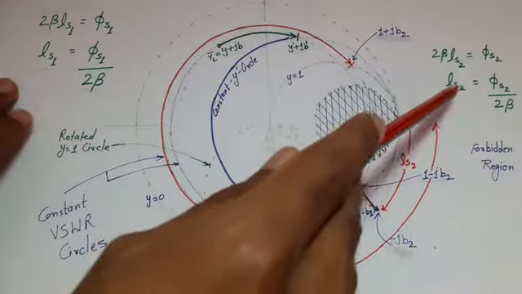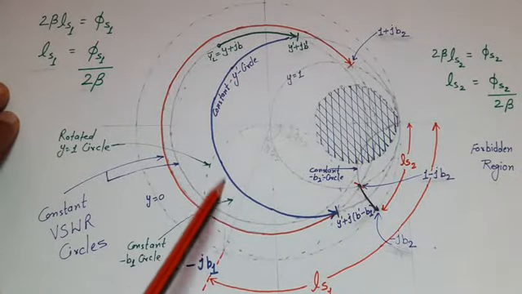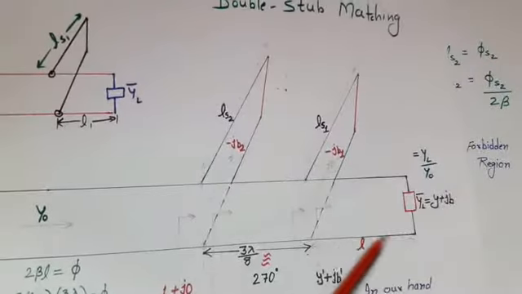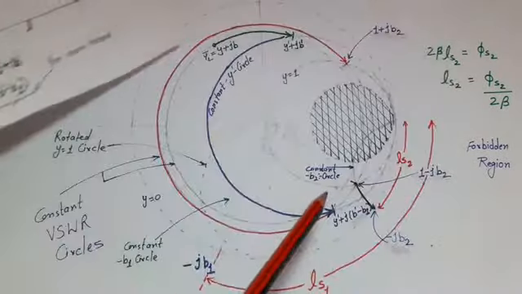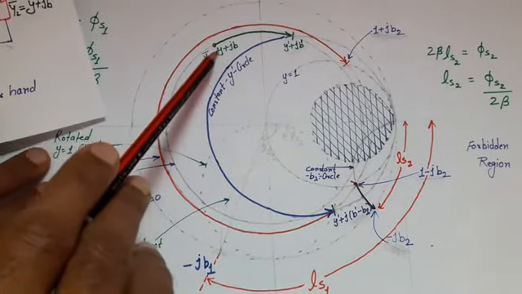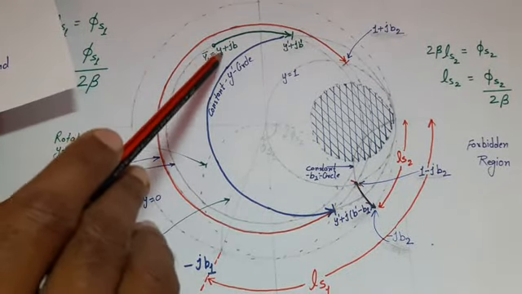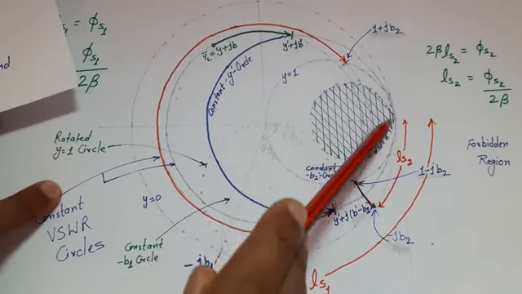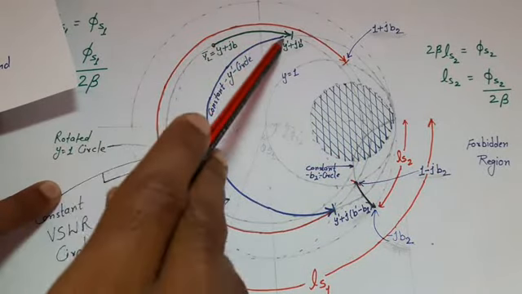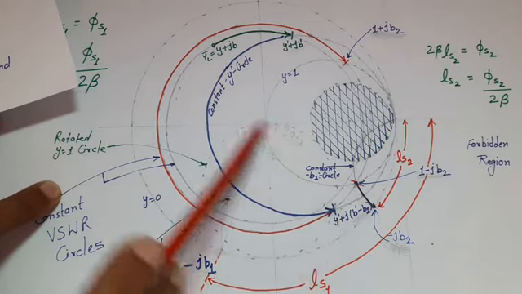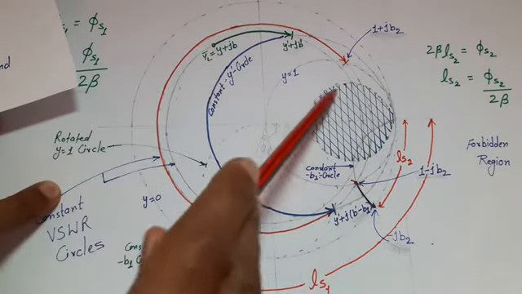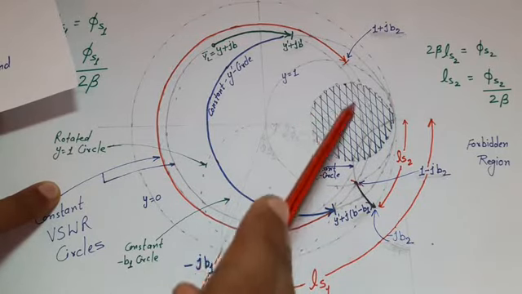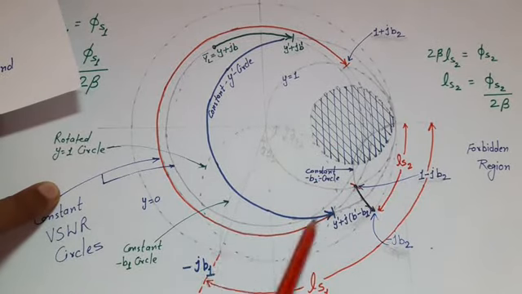After calculating ls1 and ls2, now we get the answer why we have not put the first stub at the load end. Why do we put this pair of stubs at a distance L from the load? The answer to this question is, suppose the real part of the given normalized load admittance is very large. If this conductive value is very large, then the constant y circle will be small, because after marking the load admittance, we move on the constant y circle until we reach the rotated y is equal to 1 circle. But if load y value is very large, then the circle would be small enough that it will not touch or intersect the rotated constant y is equal to 1 circle. But intersecting the rotated constant y is equal to 1 circle is mandatory.